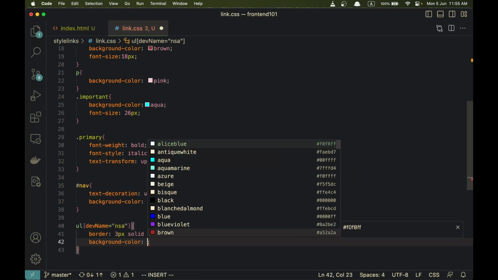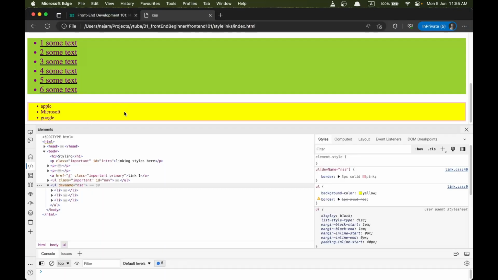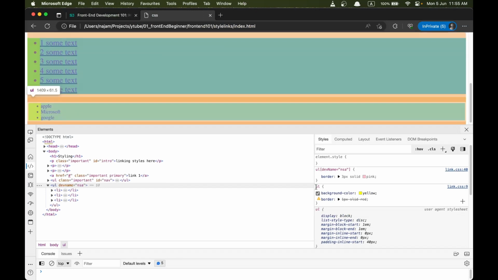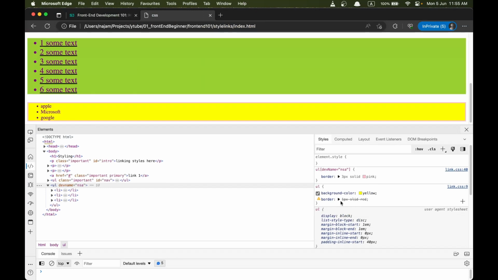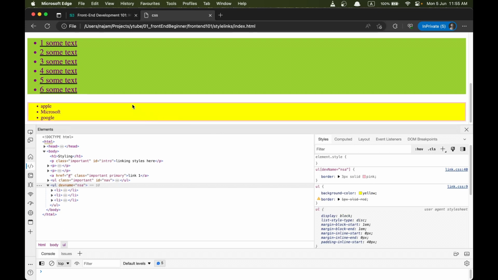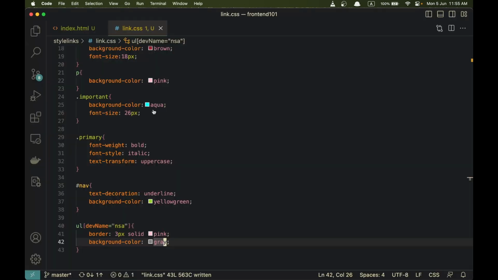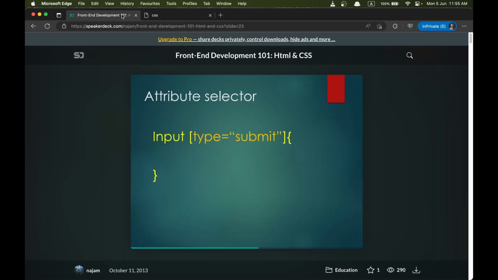But let's say I also want to change that background yellow, so I can apply background color yellow to something like gray. So yellow was coming from this UL element. You can see it here. Also the border was coming from the UL element, this UL style, and we are overwriting it here with this attribute structure. Now I want to overwrite also the background color, so from yellow it will become gray. And you can see both rules are struck through, and they are redefined, or these two rules from the attribute structure take priority. So this was your